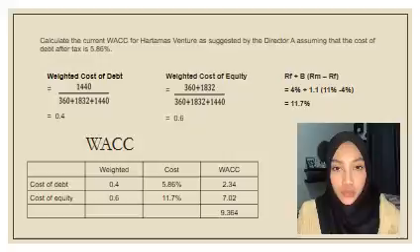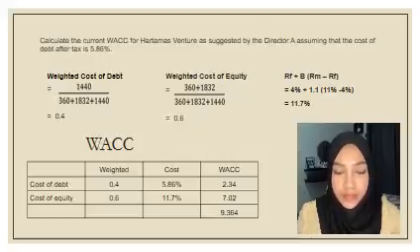I will present case study 2, question 1. First of all, we have to find our WACC. How to find our WACC? We have to find our cost of debt and cost of equity, and we also have to find our weightage of cost of debt and weightage of cost of equity. How to find the weightage of cost of debt? First of all, we know that our debt is 1440, which is the 10% secured bond payable, 1440 divided by equity plus the 10%